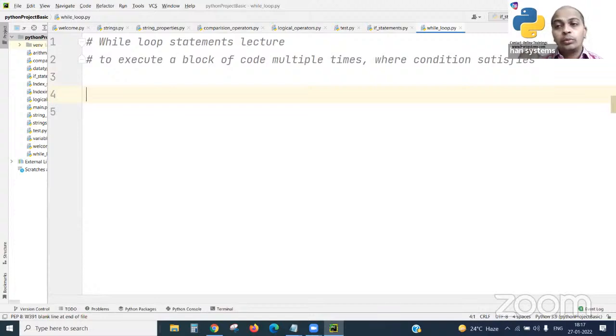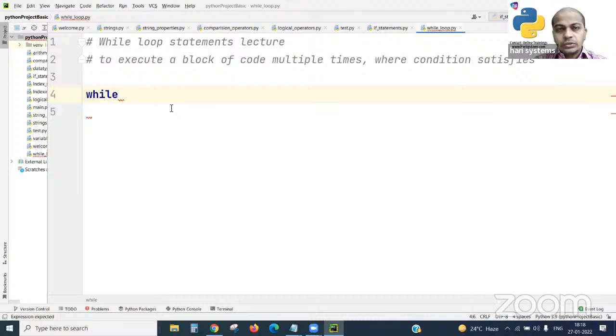If not, you may observe here: when I type while, PyCharm shows it in blue color. The blue color indicates it is a reserved keyword from Python.